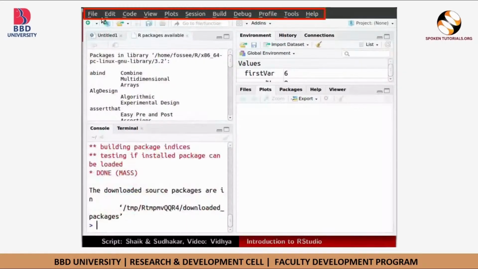Let us begin with the c command to create a vector. Notice that I am using the assignment operator, less than followed by hyphen. I will use the word "gets" to denote this assignment. This is the way to create a vector of 3 elements. c stands for create or concatenate. Although the equal to sign works most of the time, one usually uses